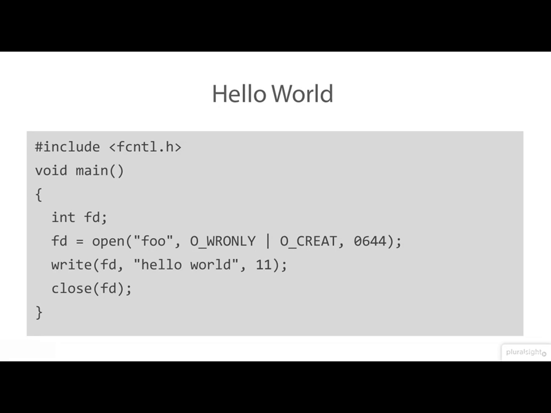Now I'm going to dive straight in and show you some code. Here we have a Hello World program that writes its greeting to a file rather than to a screen. There are three system calls here: open, write and close. Now we'll be discussing all the file I/O system calls in detail in the next module, but for now what